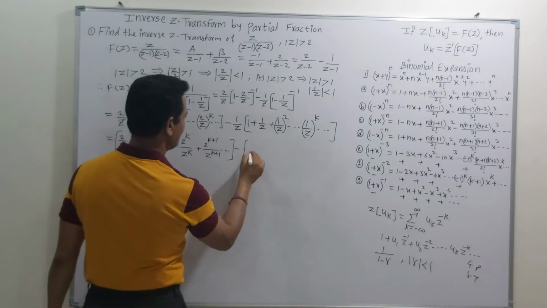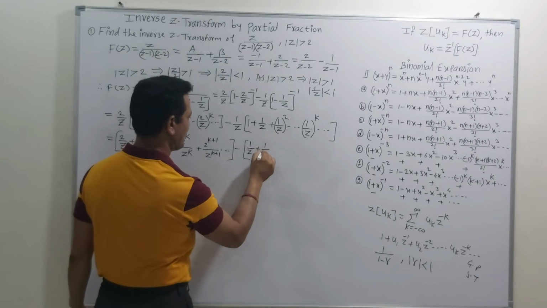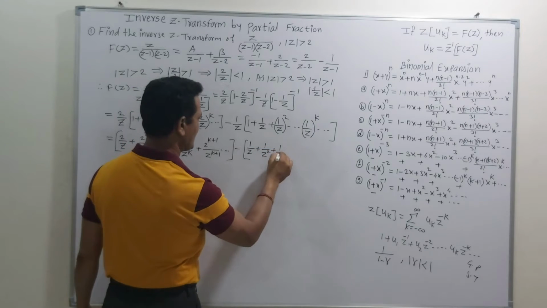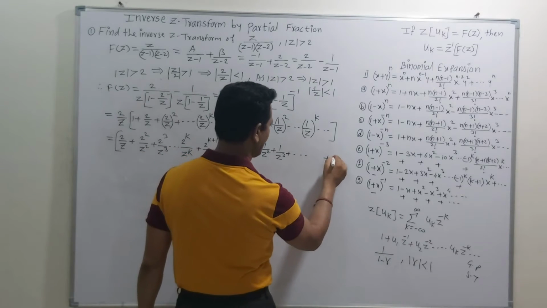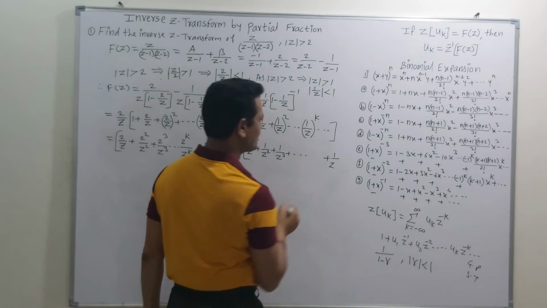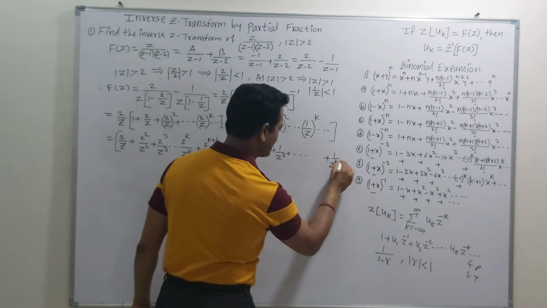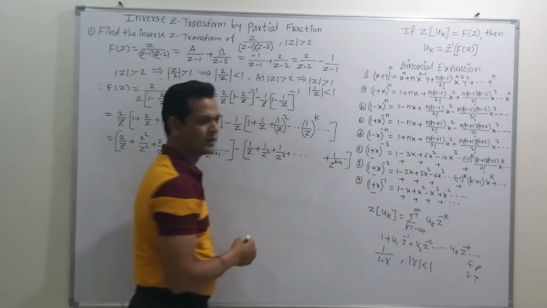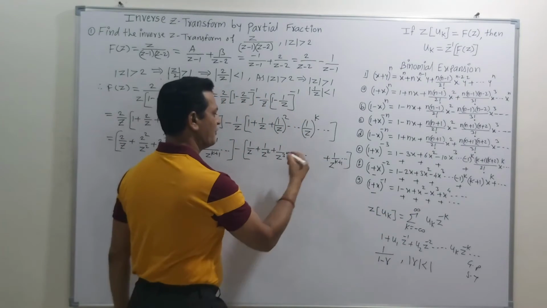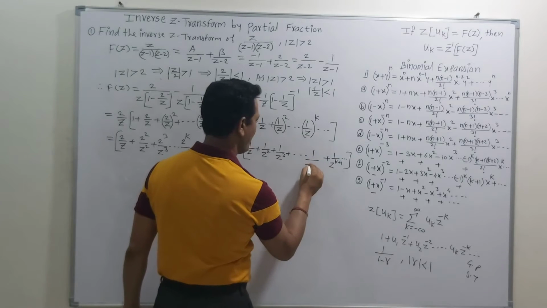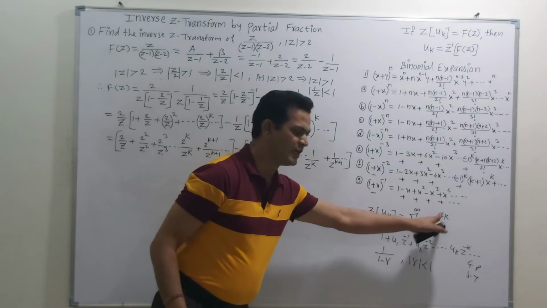Then for the second term, if we take this z to the inner side, then we get this as 1 upon z plus 1 upon z square plus 1 upon z cube and so on. In general, we get this as 1 upon z raised to k, and this next one is z raised to k plus 1 and so on. But our interest is to only get the value of z raised to k. So if we take one term previous, then we get this as 1 upon z raised to k. So now our interest is to get the value of z raised to minus k.